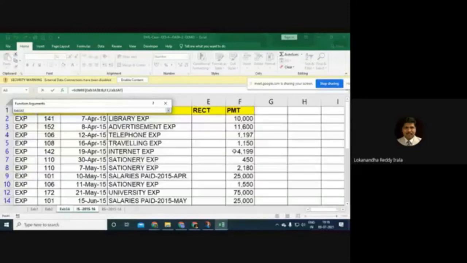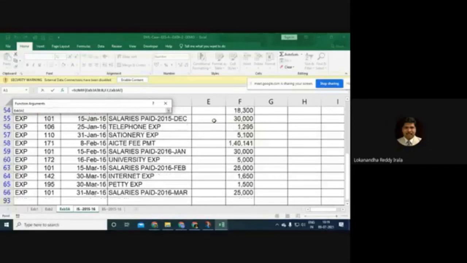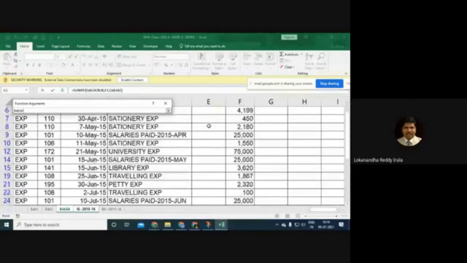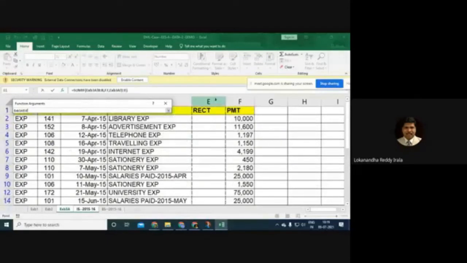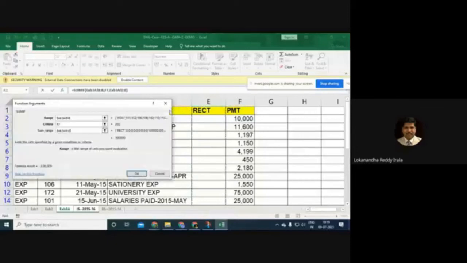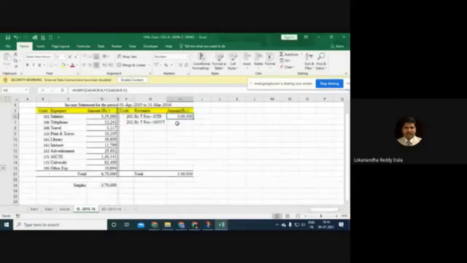Now the sum range is not F, it is E, because I am talking about receipts. I'm talking about receipts. So the tuition fee by students is 3 lakhs, and tuition fee by government is, yeah, there's something wrong. So this is F6, not F7.